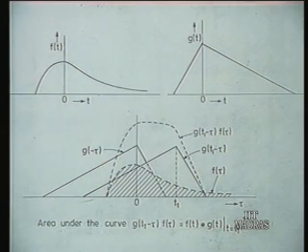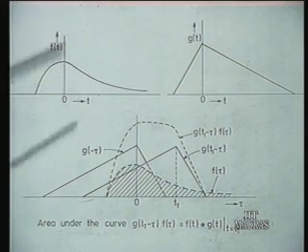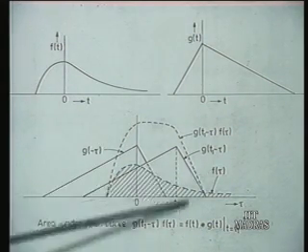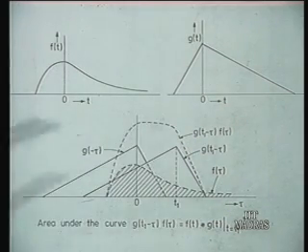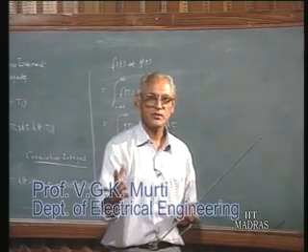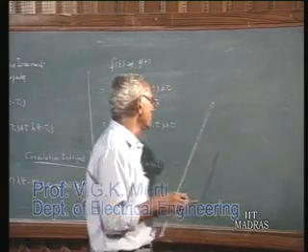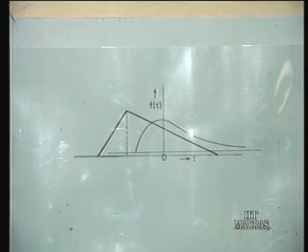In other words, what we are doing is you take the original one time function, keep it as it is, the other time function you fold it, then shift it by the required amount, then multiply, then take the area under the curve, that is, integrate. So, the keywords are fold, shift, multiply and integrate. These are the four keywords that are involved here. This will be explained a little more clearly, perhaps, by taking this particular example.